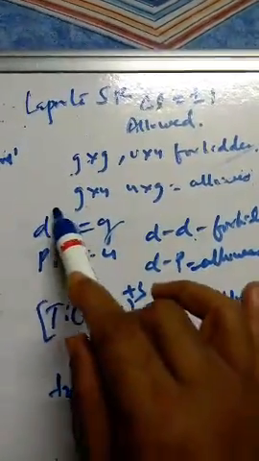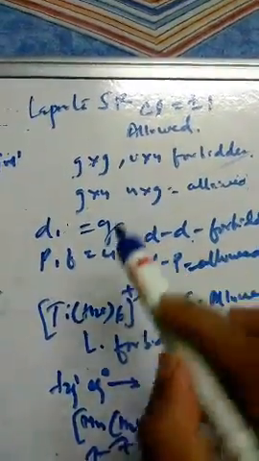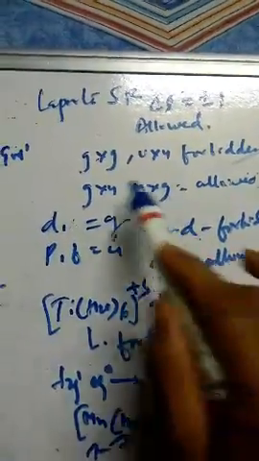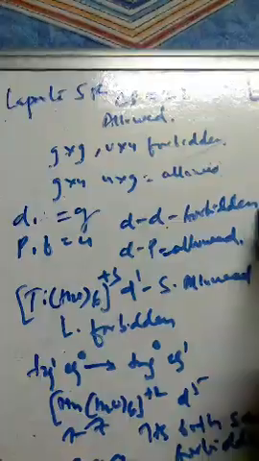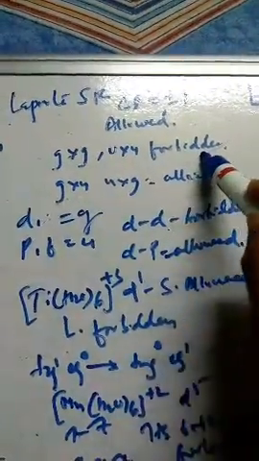That's why, if you see the orbitals, d and s orbitals always have gerade symmetry, as well as p and f having ungerade. So if I take d-d, that is g-g, so this is forbidden. That's why we call the d-d transition forbidden. So d-d transitions are called forbidden transitions. Why? Because it is g into g, which is forbidden.